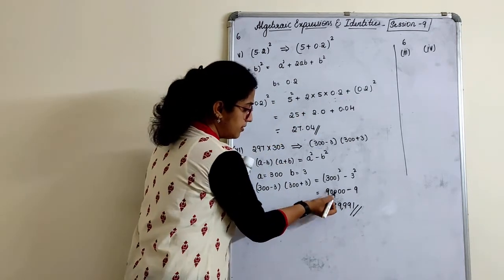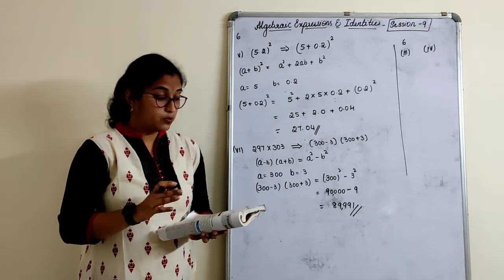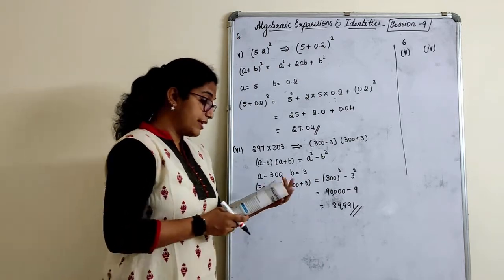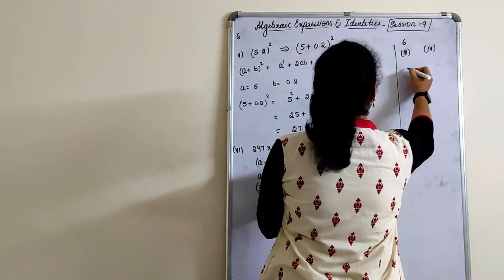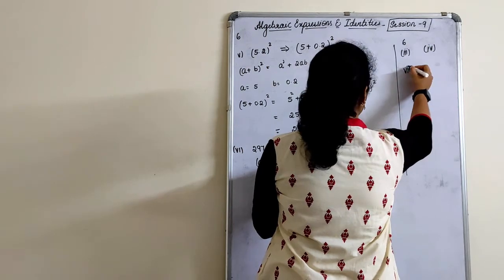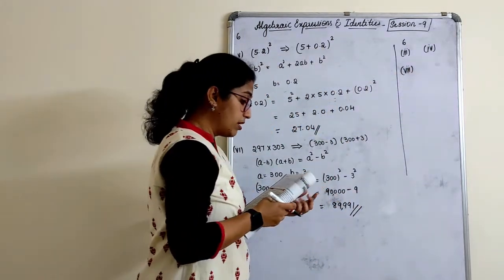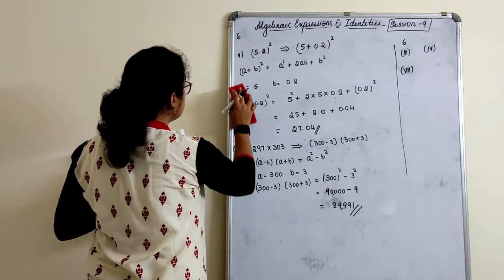Okay? Use commas if you want. That's better. So this is how you calculate with the numbers. Now next one I'll mark for homework, that is 78 into 82. How do you write this? 80 minus 2 and 80 plus 2. You will get it. So the next is decimal number. I'll do the decimal part here.